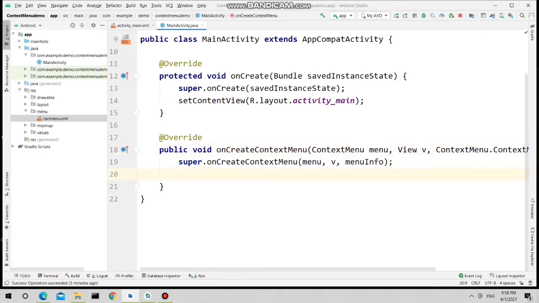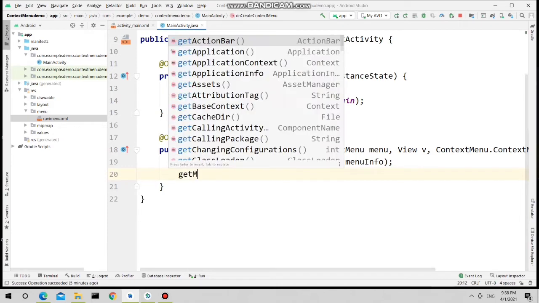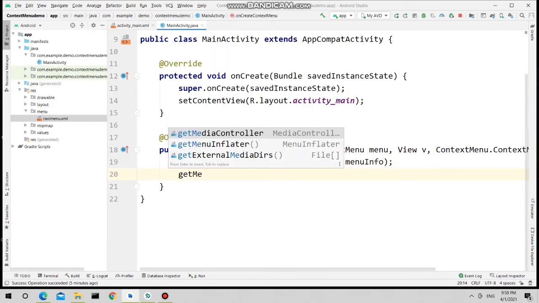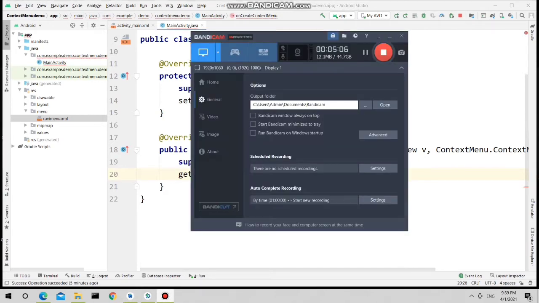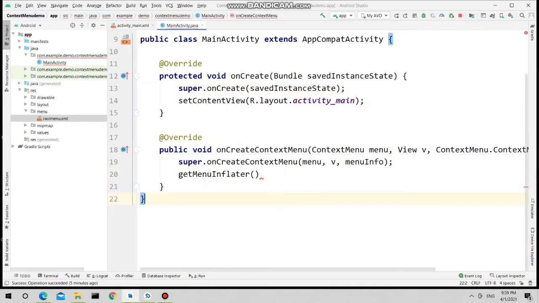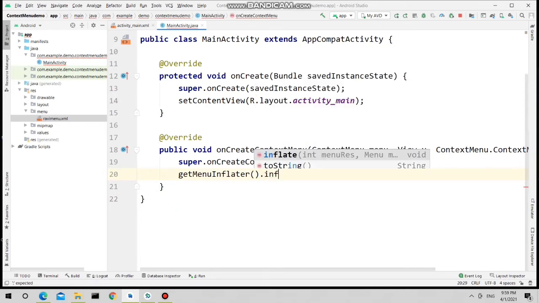So how to do that? We are using the MenuInflater. Just call the getMenuInflater method. This will give you the object of the MenuInflater class, and then by using the inflate method we are attaching those three menu items to the context menu. So the first argument should be the menu XML file where you have stored the menu items.